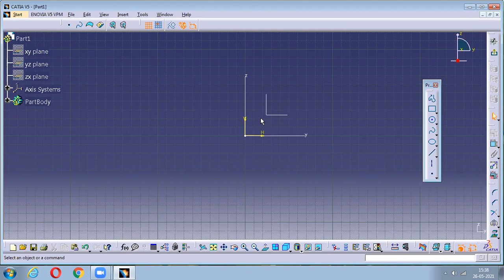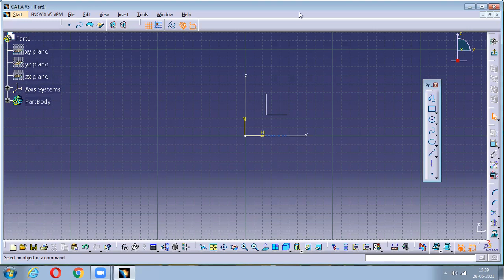Yes, sir. Now this is very much important. The major important thing in CATIA is the mouse operations. How many buttons are there in a mouse? Two buttons. Two plus one, sir, scrolling. Scrolling also has a click, right? So that is three. If we count the scroll, we have four. So we have three clicks and a scroll.